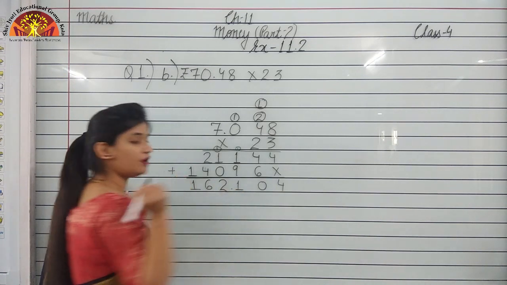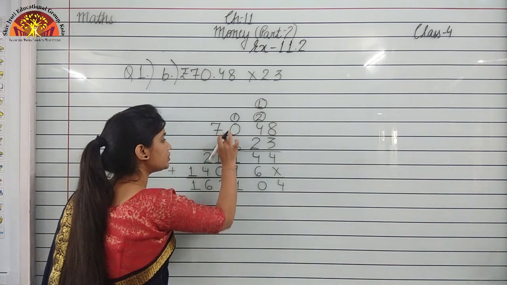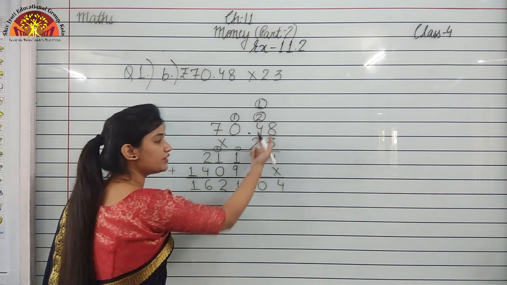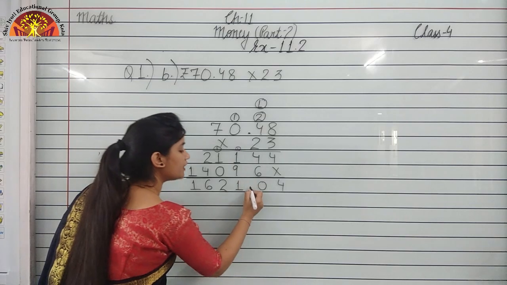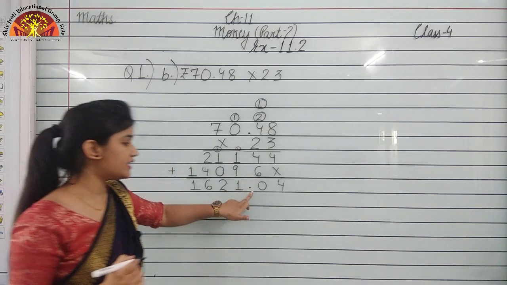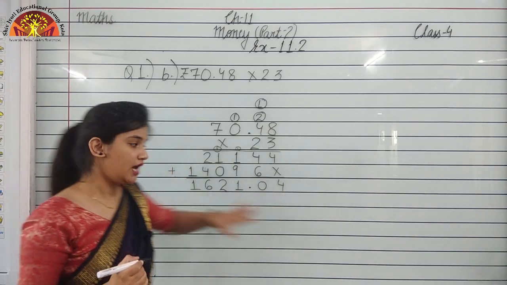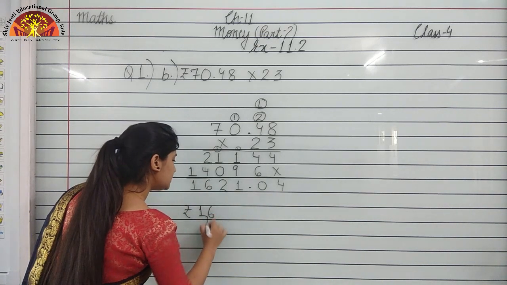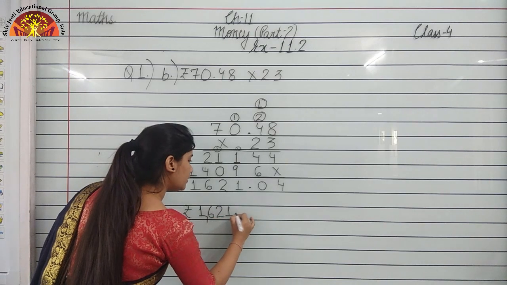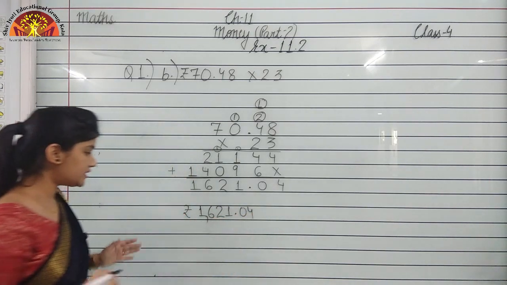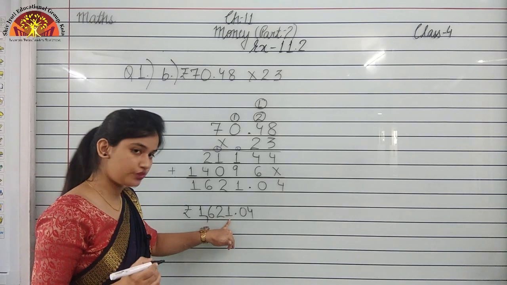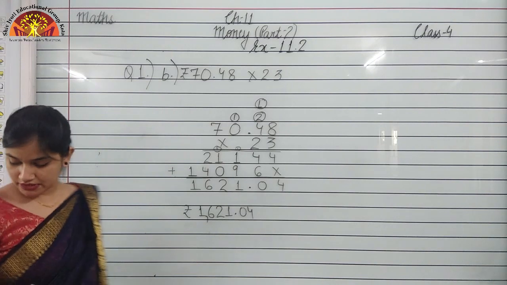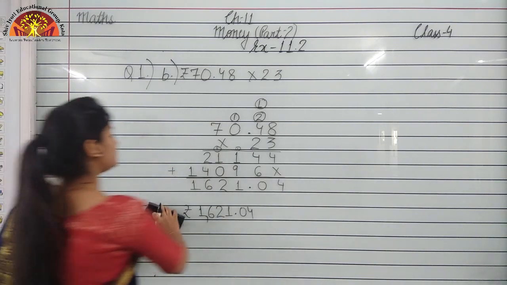Okay students, we can put the point here. But in this question we have the point here, and after the decimal we have 2 digits. So in the answer also we have to put the decimal here, and after the decimal we can see 2 digits, and this is your answer. What is the answer? 1621.04, or you can say rupees 1621 and 4 paisa. Is it clear students? So in this way you can multiply. Now we will see the next question